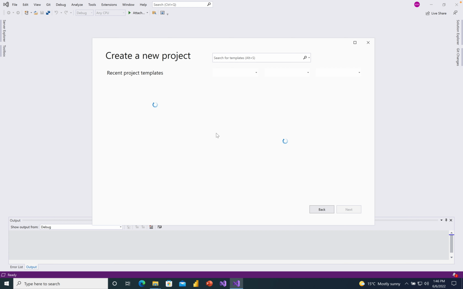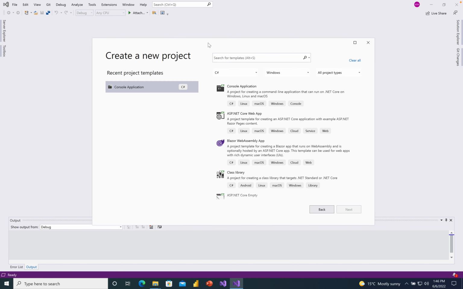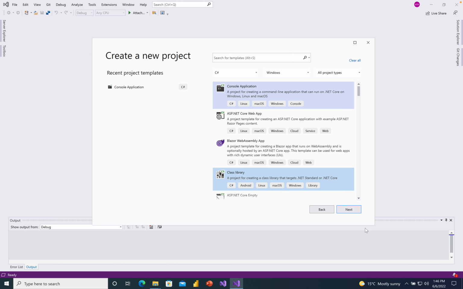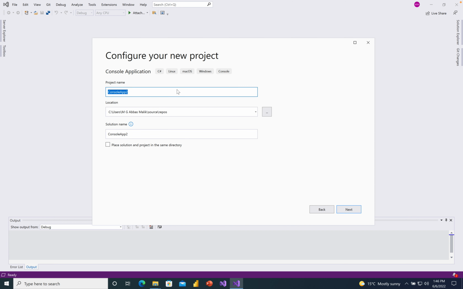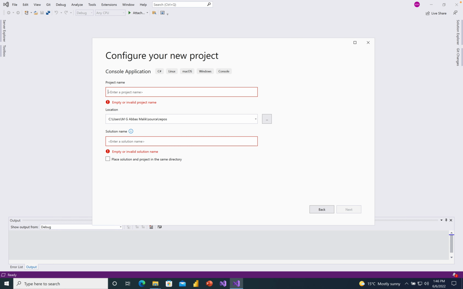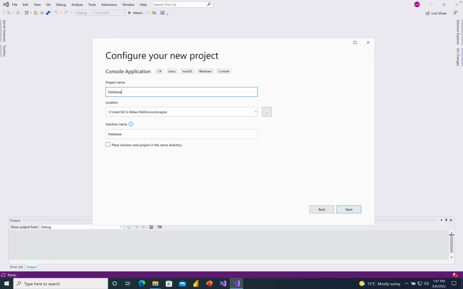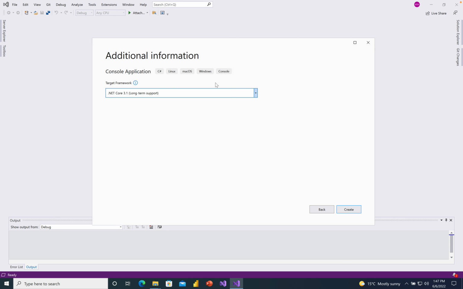We start with the console application. I have been developing the console application for a long time, so it is right on top. So I say next and give the database demo app name, and then we can select Core, or whichever you use, it doesn't matter, it is fine. And then we can create the application,